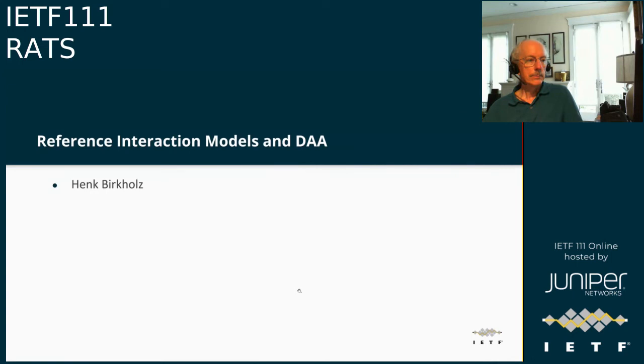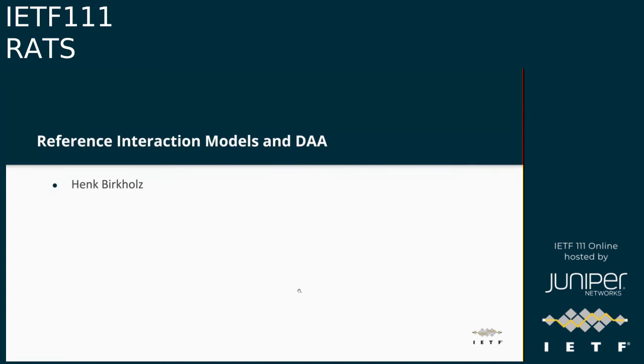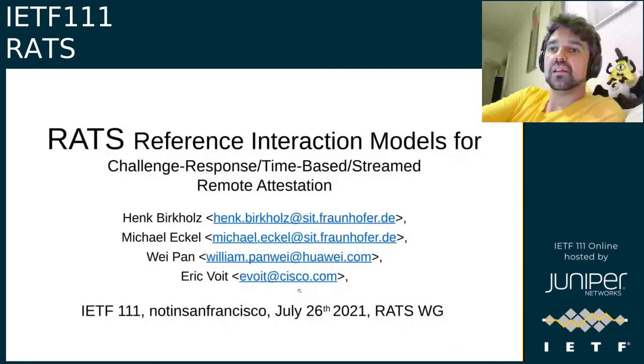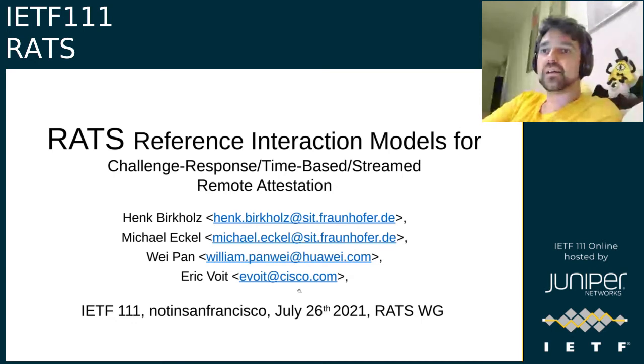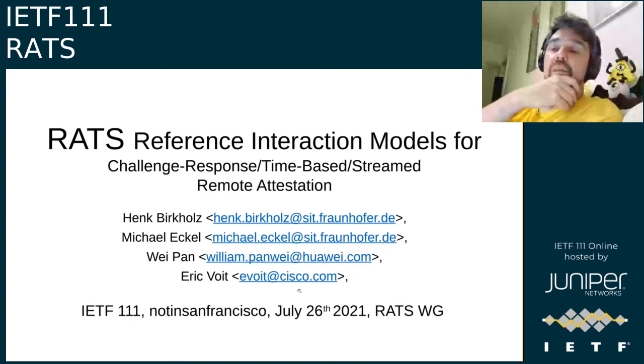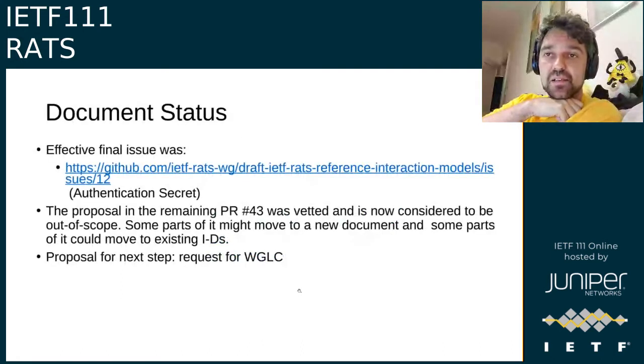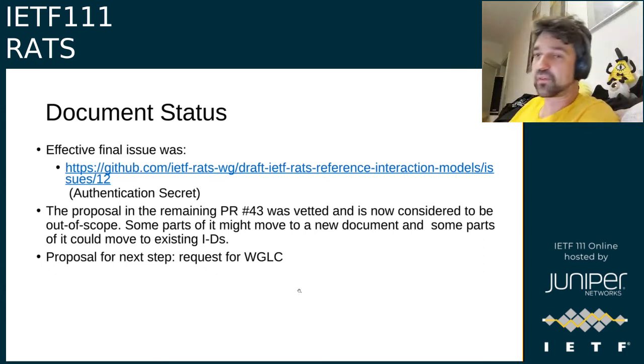All right. So next up, we have reference interaction models and DAA. Back to Hank. Thanks, Ned. Hi, this is Hank again. Yeah, the reference interaction models ID progress. Next slide, please. We had one actual issue left that was addressed recently. This was an oversight on my part, and I'm sorry, so I just addressed that today. The quantity relationship was the wrong way around. So in the definition of authentication secret, it was basically broken. I phrased it basically in the inverse, and now it's correct. I think it was caught by Wei,